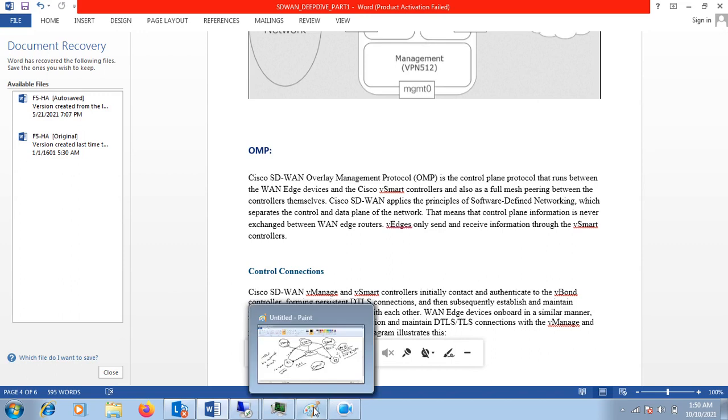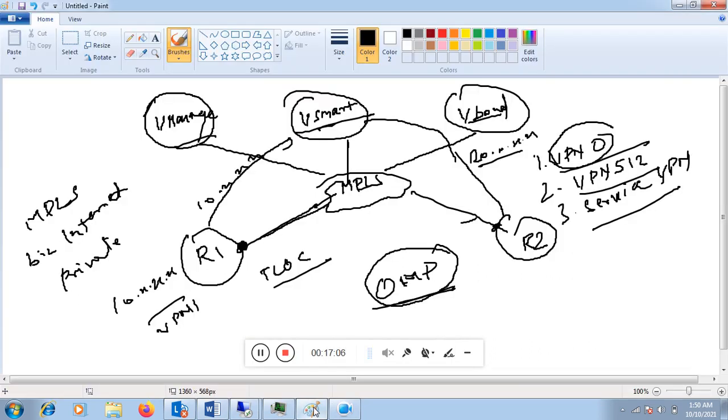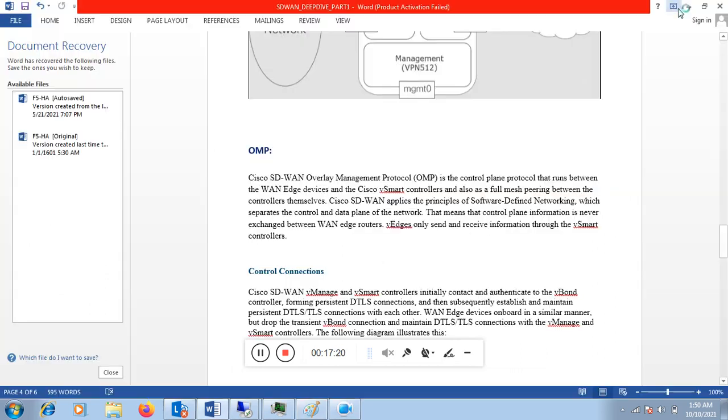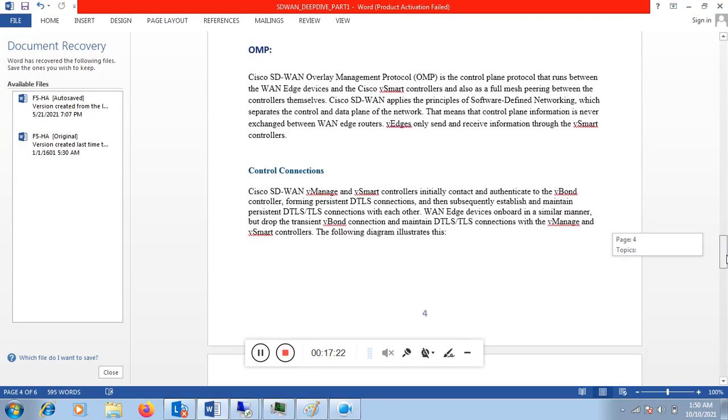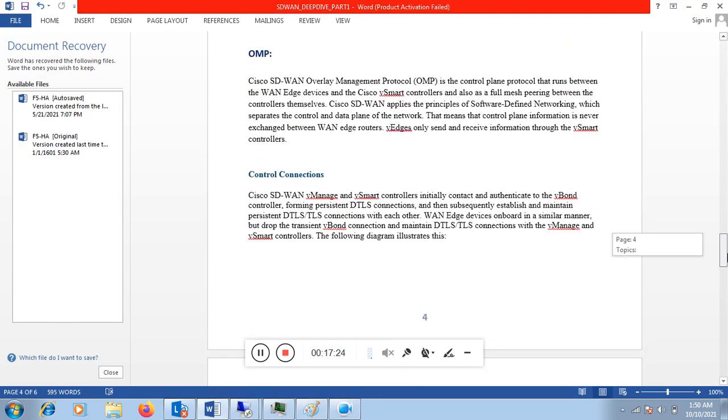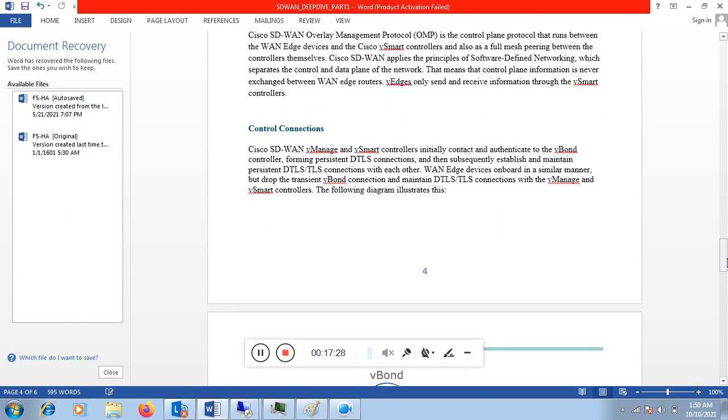So as we already discussed, WAN edges, let's say R1 and R2, will never exchange the routing information or the subnets with each other. They will only exchange the subnet with vSmart, and then vSmart will forward that subnet to other routers using OMP.